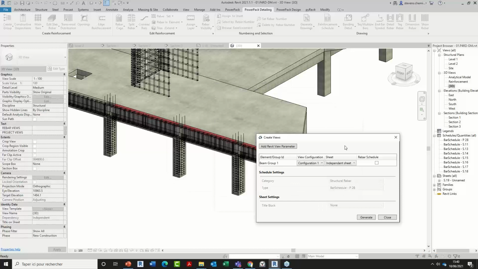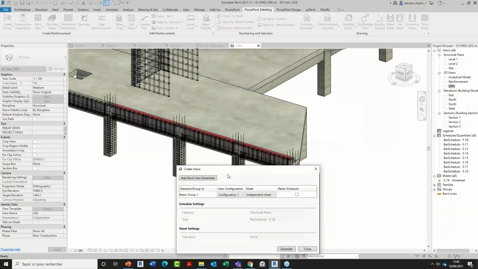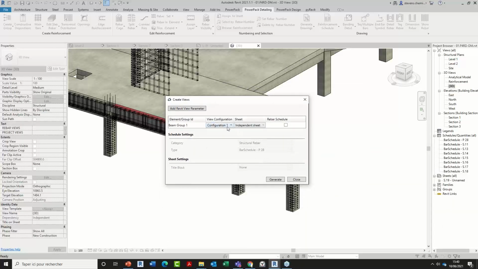What I'm telling the software currently is that I want to produce the drawings for all those 3 beams, depending on a specific configuration that I have defined. I can decide to place 1 sheet per element, independent sheets, or group all those beams inside the same global sheet.